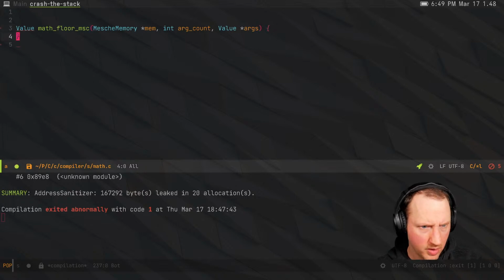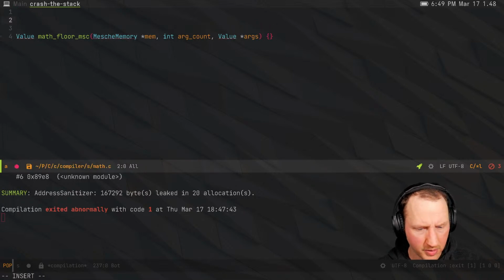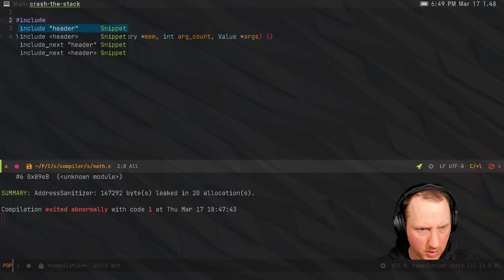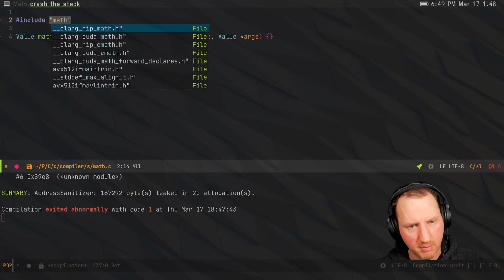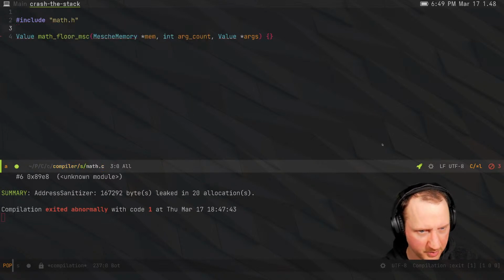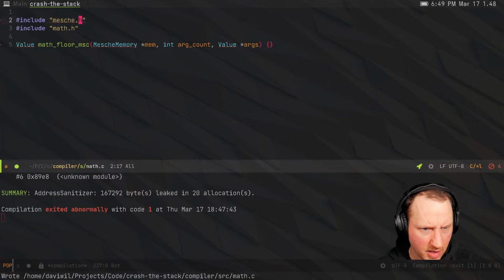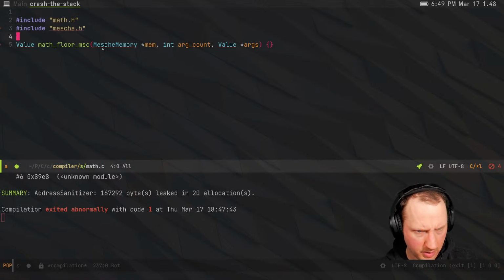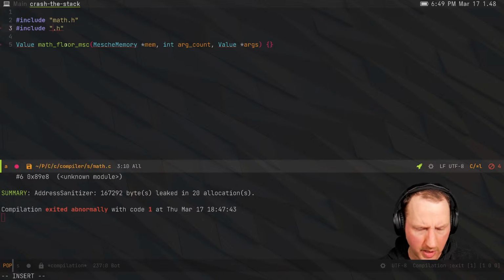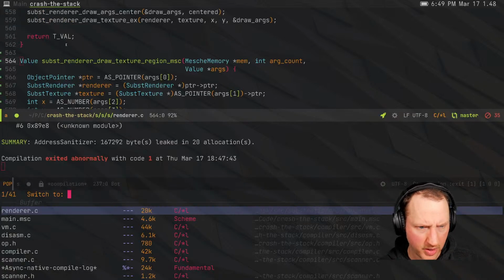All right, cool. So now I probably should also include, yikes, math.h. I don't know if that's going to cause me problems because there's actually a math.h that comes with C, obviously. Mesh. Do I want to do... No. Value. Or object. Object. Let's go with object. Okay, and I also want to grab